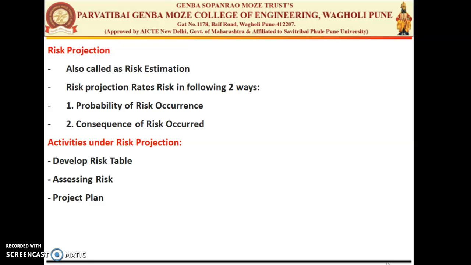Next one is also the project plan. So we need to prepare a proper project plan for the risk projection. Here we can also differentiate between some risks. Some are predictable risks under the project. That means from the history of previous projects, we can know that risks are extrapolated from past project experience and are well known. So those risks we can call